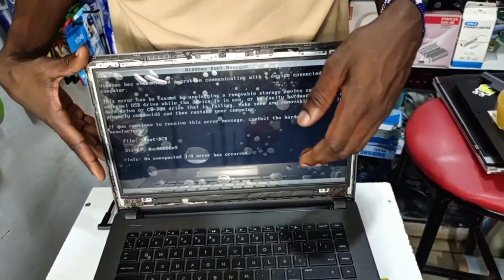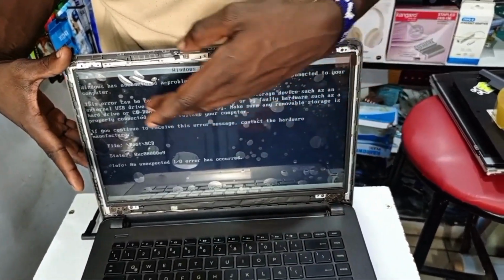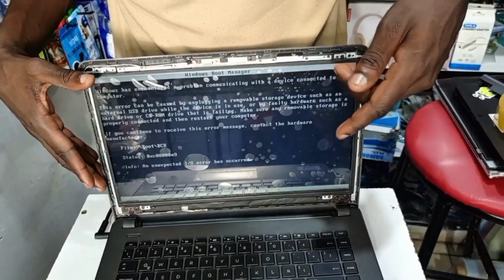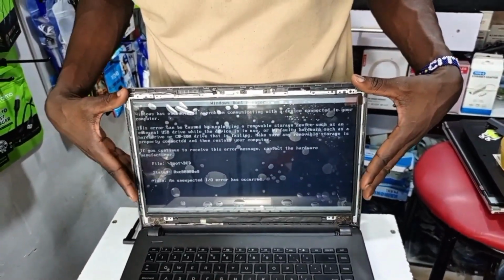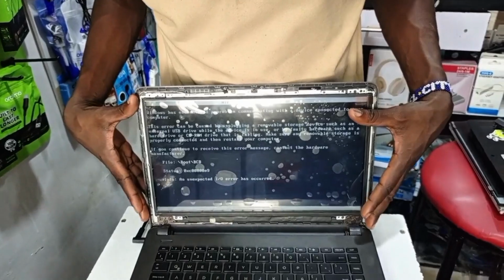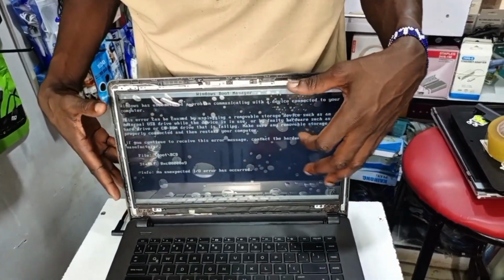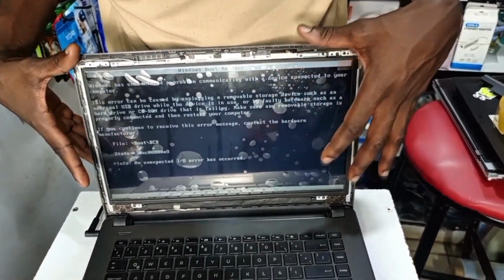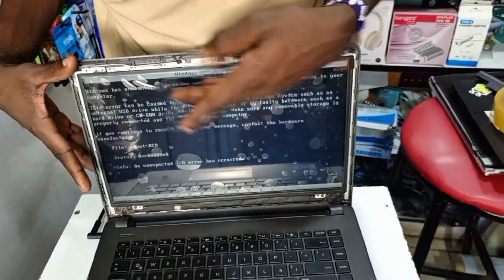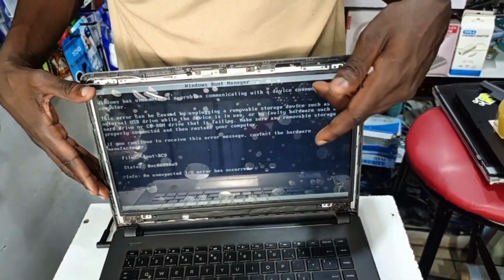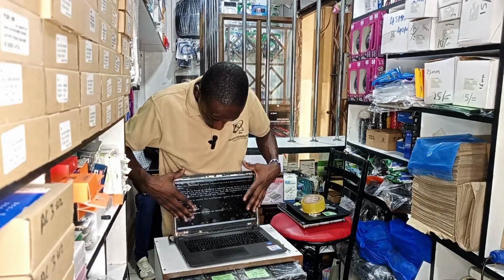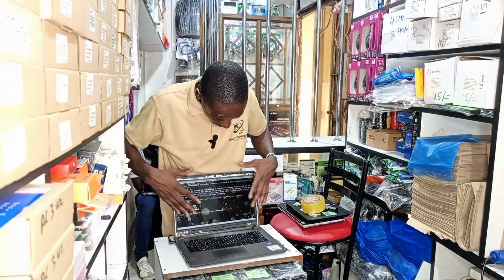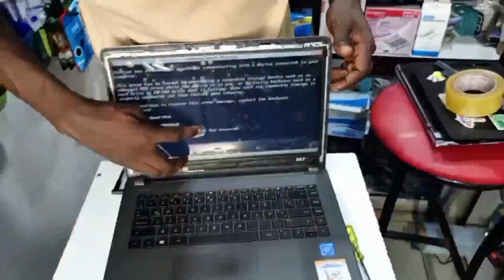They are writing on the screen, Windows has entered into a problem. So after working on the screen, we'll install Windows for the client and ensure the machine is fully operational. But now, after looking at this and ensuring the screen is fitted well and operational, you can now